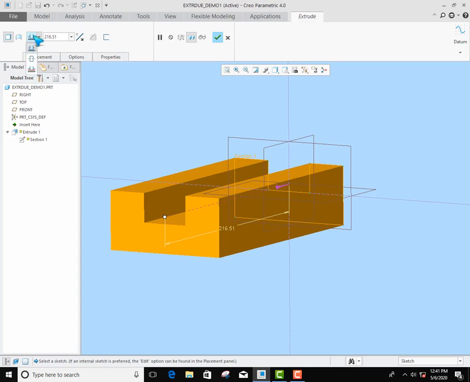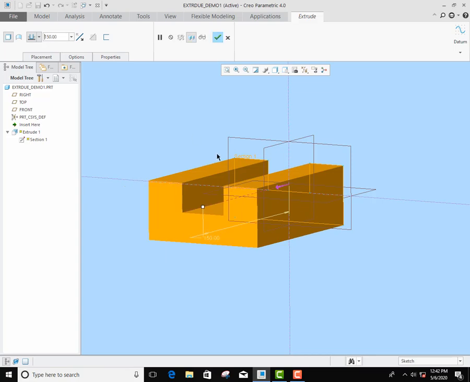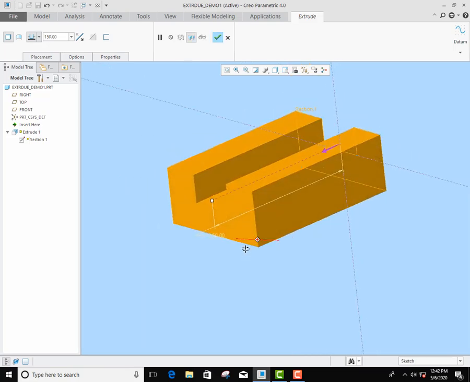The first one is blind: extrude from the sketch plane by a specified depth, meaning whatever value you input here, it will take. For example, here I'm inputting 150 mm, so the sketch is extruded to 150 mm height or depth.